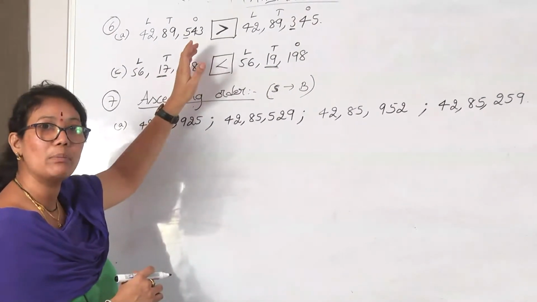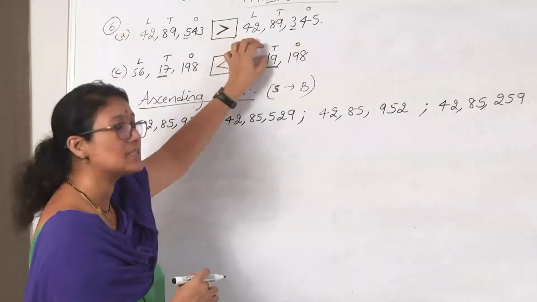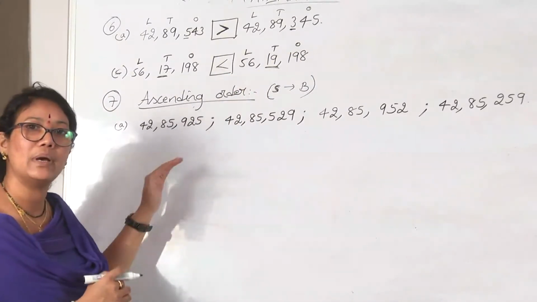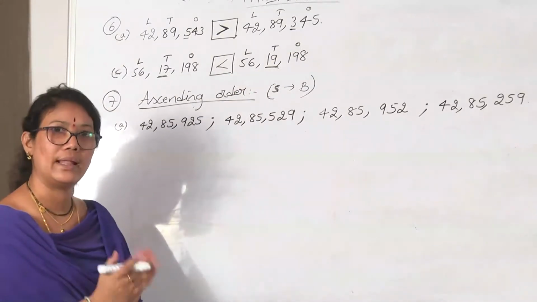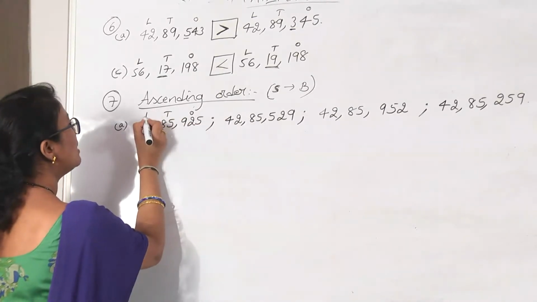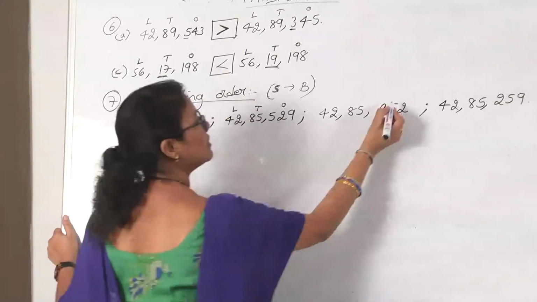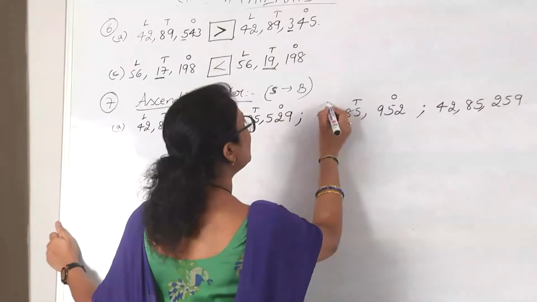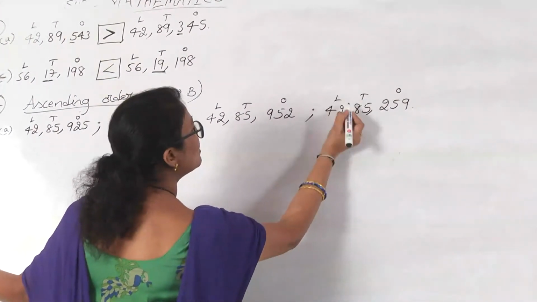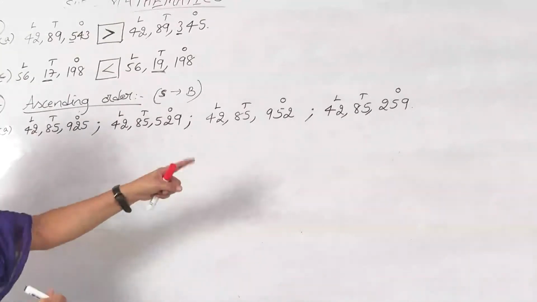What is the rule we have applied? Starting comparing from the largest, that is the lakhs period, then the thousands period, then the ones period. The same procedure here also, we start the comparison from the lakhs period. So this is ones period, thousands period, lakhs period. Here also ones period, thousands period, lakhs period. Now check out what is the lakhs period from all the given set of numbers.